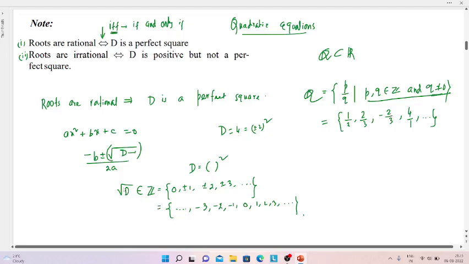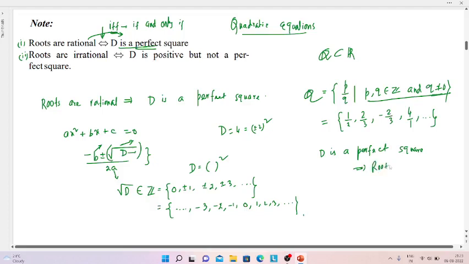So if d is a perfect square, then the square root will be cancelled out and we'll have only an integer value. So this part will be an integer, and this part is also a real number, so we can say that this will become a rational number. Similarly, you can say that if roots are rational, then definitely d should be a perfect square, and if d is a perfect square, then that implies that